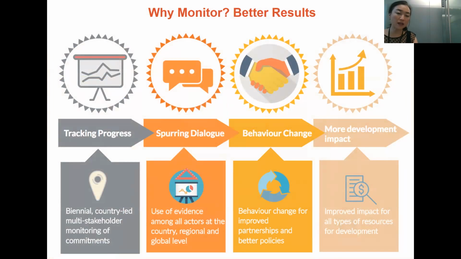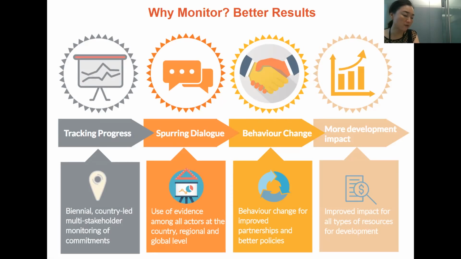The Global Partnership advances the effectiveness of development cooperation. We do this first of all through monitoring and tracking progress, generating data around effective development cooperation, and using the evidence and efforts happening at the country level, but also by stakeholders at all levels, to spark dialogue and exchange lessons learned and practices happening in the development cooperation arena. The focus is then on making sure that there is policy and behavior change to make development cooperation much more effective.